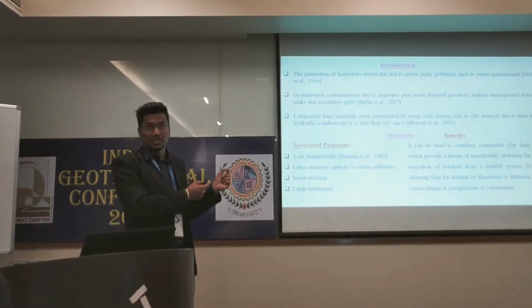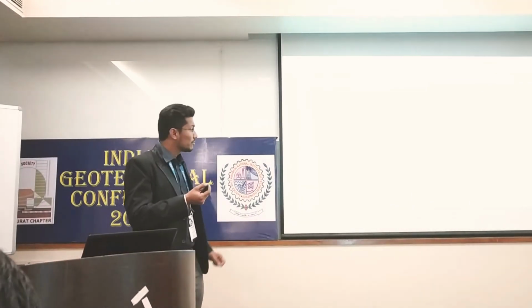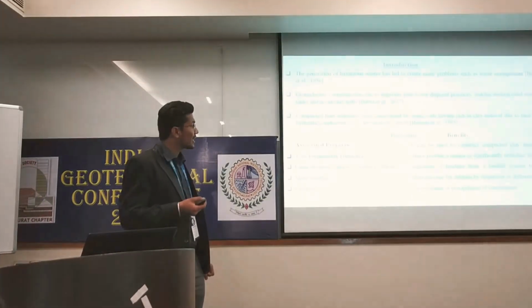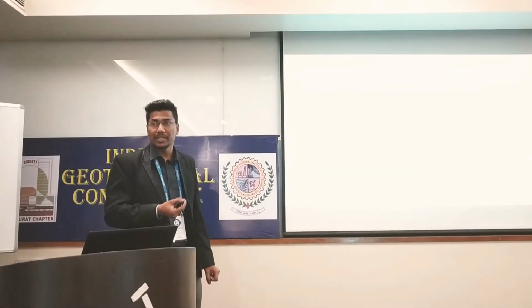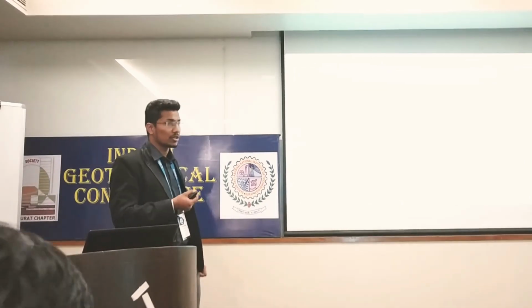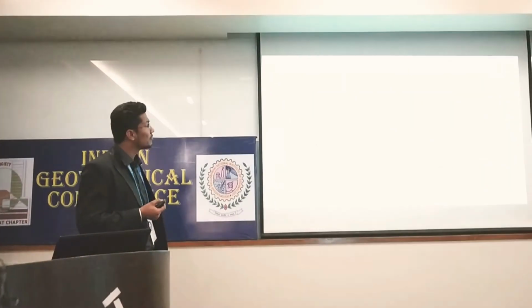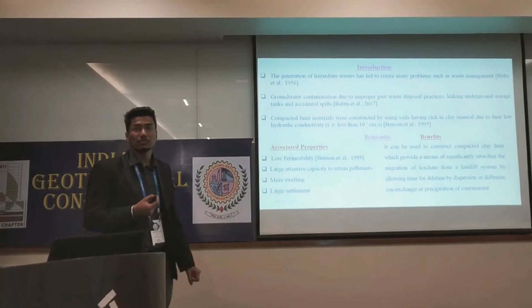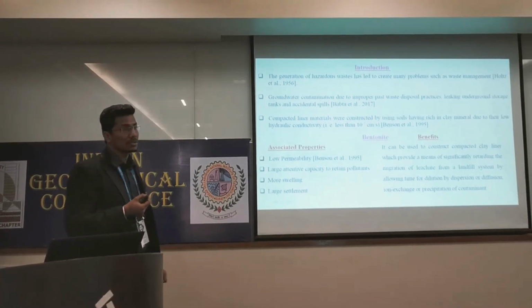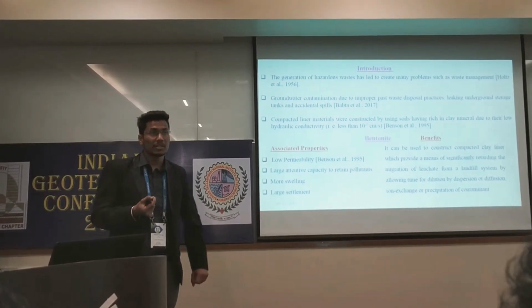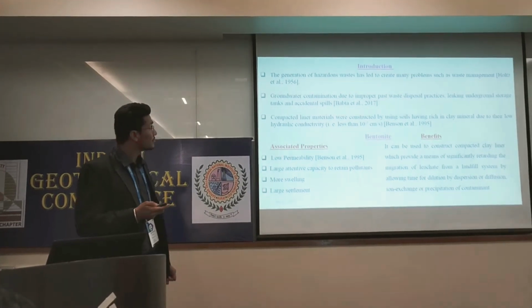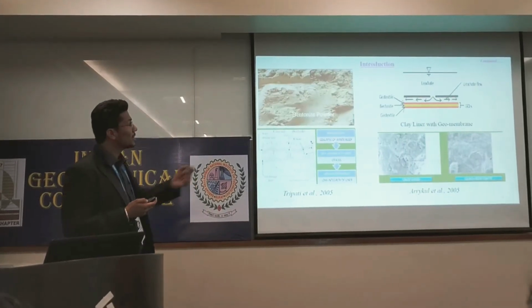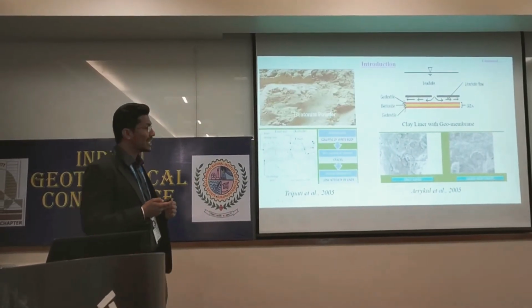the liquid waste which is generated from the domestic, which will migrate from the ground to the downward side and which pollute the groundwater. So that is another problem in terms of leachate. So we have to come into a secure landfill site. This is basically the systematic diagram of clay liner.